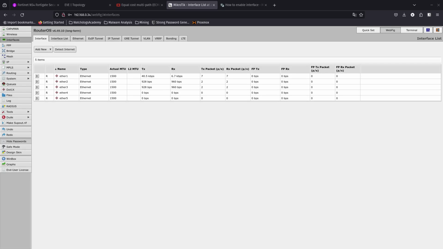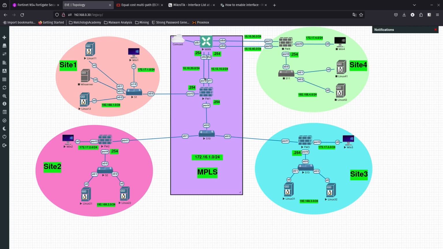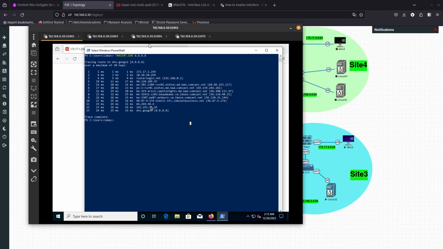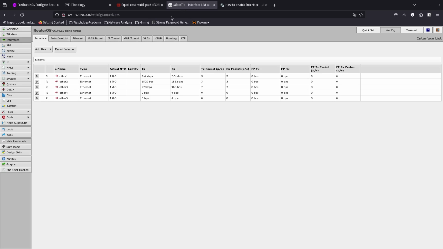So what we were going to do was, let's see if I remember, basically disable ether 2, because ether 2 is the one connected to port 1. But before we do that, I want to do a continuous ping on this PC. Let's go ahead and do just a ping -t in here. And if we go to the MikroTik router, what is going to happen with this link monitor is that it is going to remove that route